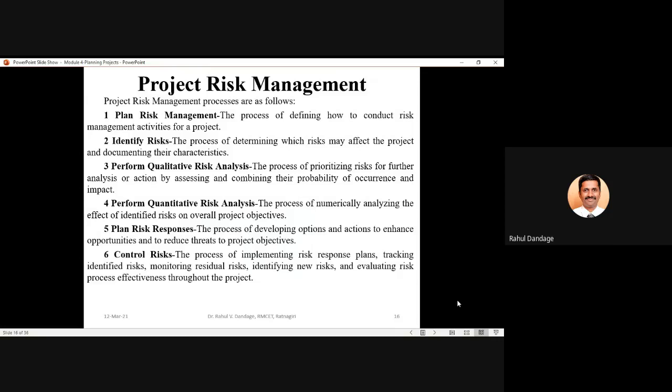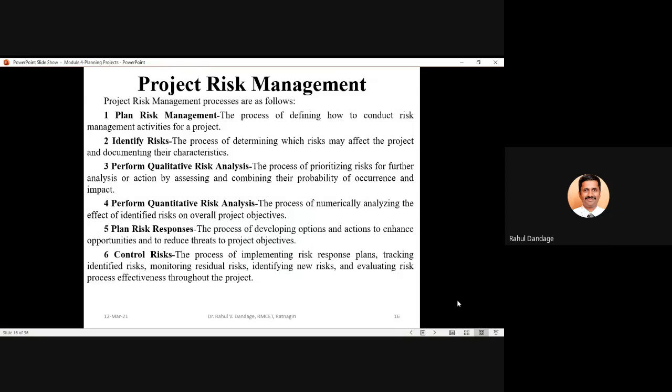So whether the risks are appearing or occurring at the same occasion, same location, same activity, or whether they are going for some different activity; whether the estimated effect is the same or the effect is different; whether the risk has the same characteristics we have listed out, or some different characteristics are observed, that should be monitored.